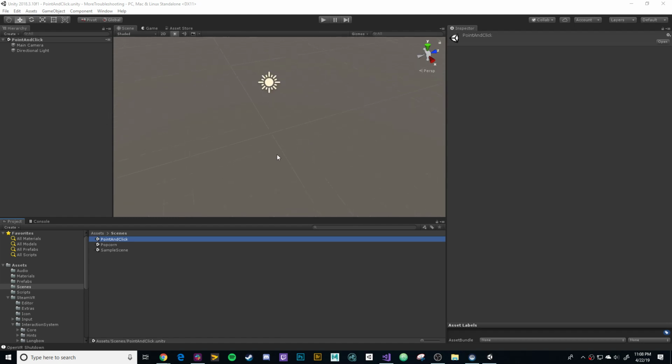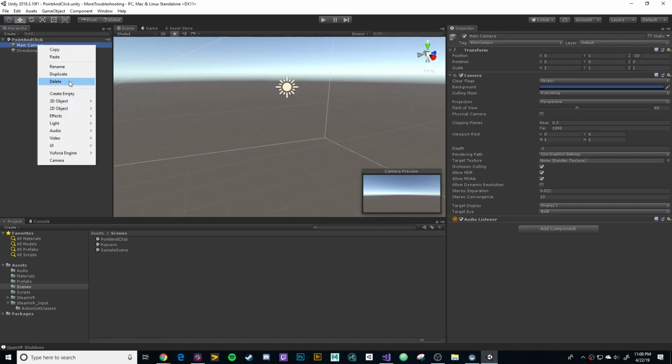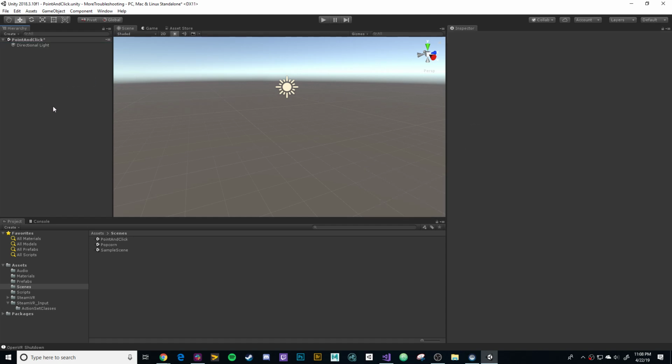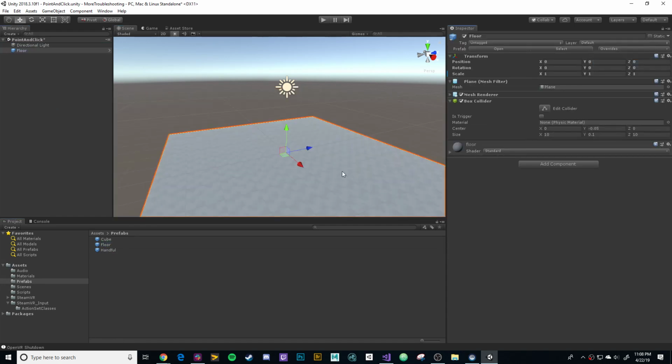So I've got this scene here. This is just a fresh scene in Unity, completely empty. I'm going to delete my main camera here, and I've got this floor prefab. We're going to go ahead and throw that in there, reset that to 0,